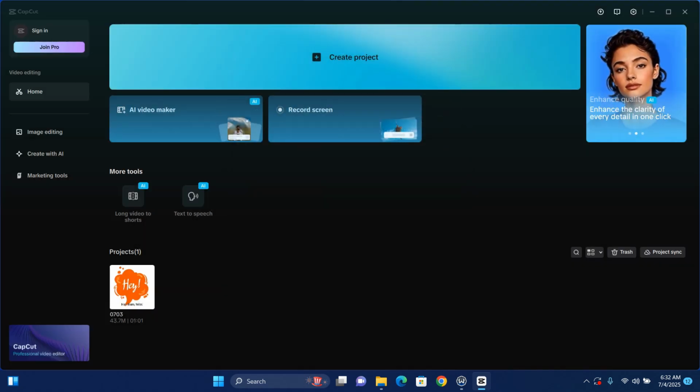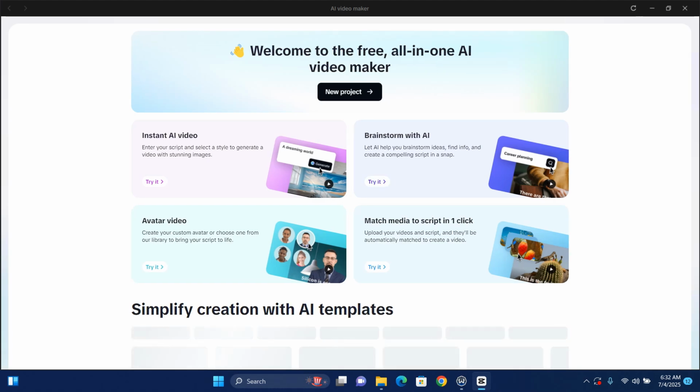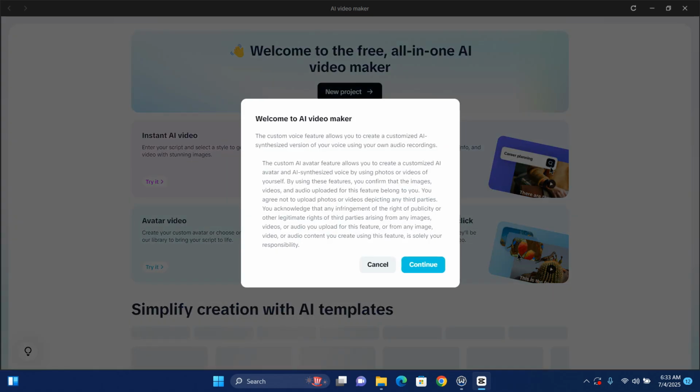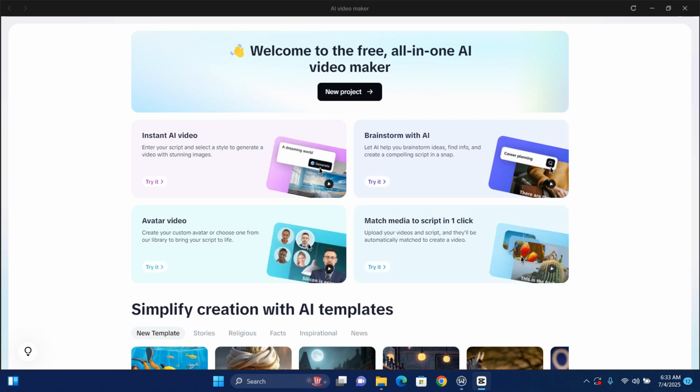Then after I've done that, you can see the AI video maker. Let's click on it. Most times this will not open on your system, and what you need to do is to turn on your VPN to continue. When you turn on your VPN, you can continue using it. So I'm going to just choose whatever I like. For example,